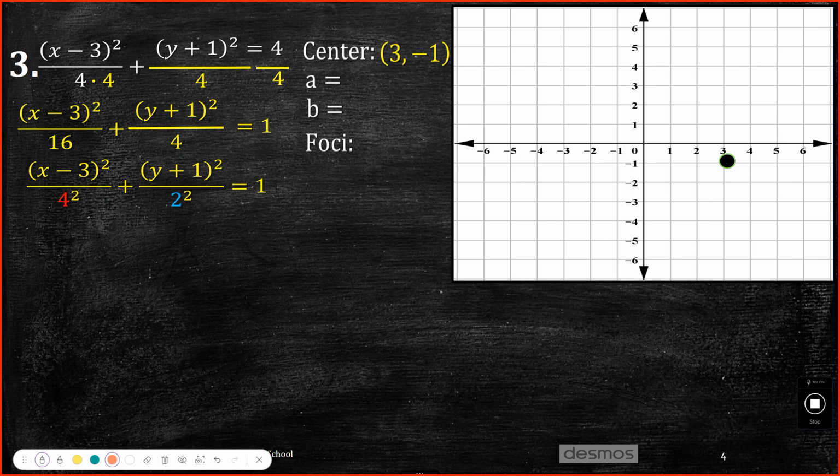Three, -1. Length along the x: 4 left, 4 right. 2 up, 2 down. Drop your ellipse. Now,